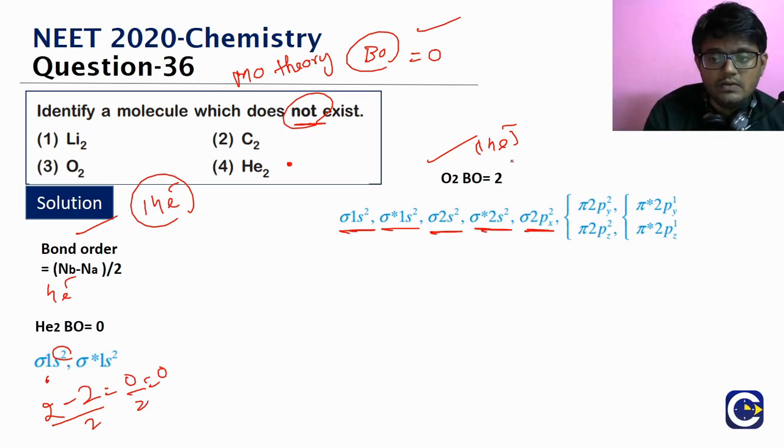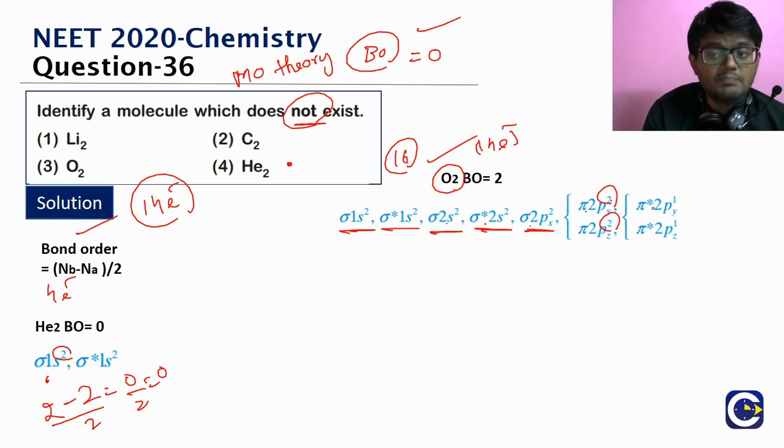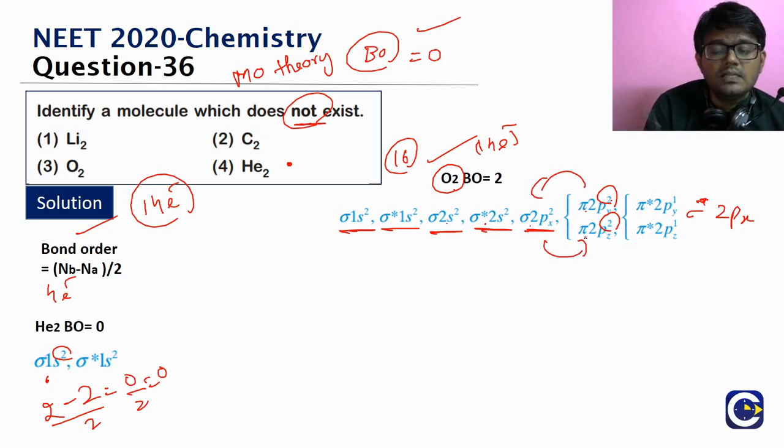But after 14 electrons, sigma 2px will have a lower energy than the pi 2py and pi 2pz level. So sigma 1s will have 2 electrons, totally O2 means 8 plus 8, 16 electrons. Sigma star 1s will have 2 electrons, sigma 2s will have 2 electrons, sigma star 2s will have 2 electrons, sigma 2px will have 2 electrons, pi 2py will have 2 electrons. These are degenerate. Pi 2pz will have 2 electrons. Then after that pi star 2py and pi star 2pz. Then comes sigma star 2px. That is the order. Before up to 14 electrons, this will be the reverse. These two will be interchanged.